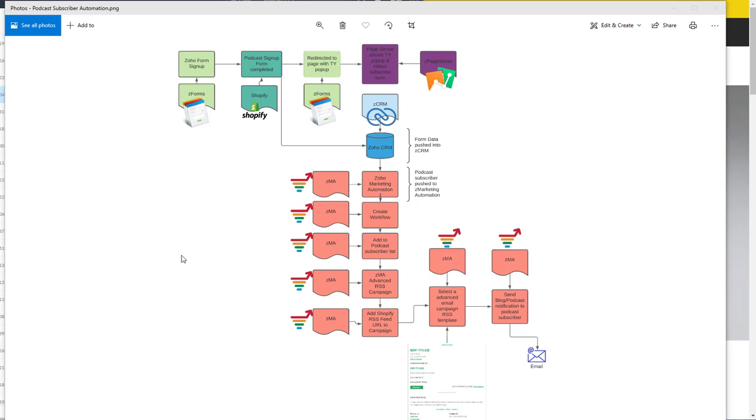All right, so here's all these Zoho components used to make this solution happen. Zoho Forms, Shopify, CRM, PageSense, Marketing Automation. And so the idea here is we create a Zoho form, we embed that on our Shopify website. When the Shopify website visitor submits that form,